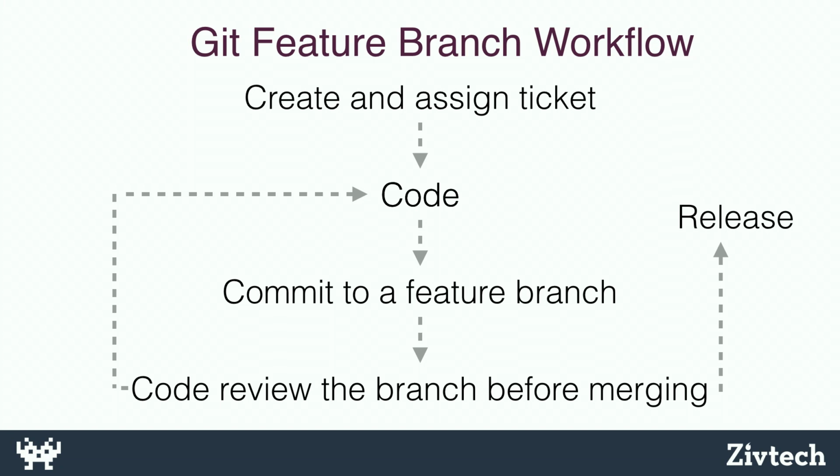So what we do, we have some sort of a ticket in your ticket system. We're going to make some changes to the code base based on our ticket. And then we're going to commit to a feature branch. So we're going to create a branch in Git. And then from there, we're going to call it something reasonably descriptive as the name. It could map directly back to some Jira ticket or something like that. Or it could just be a well-named